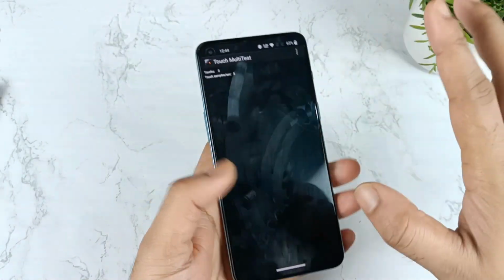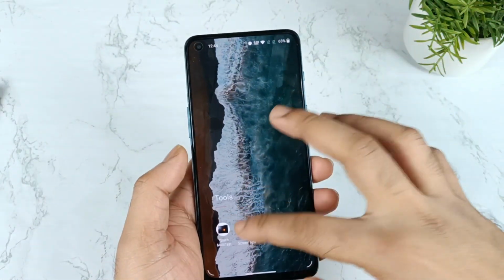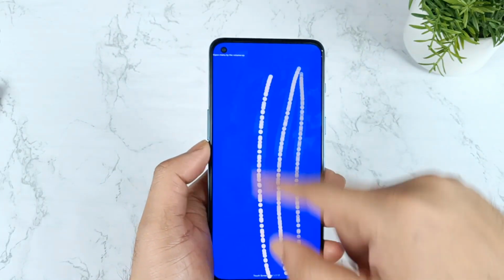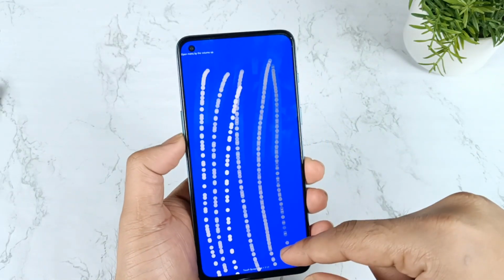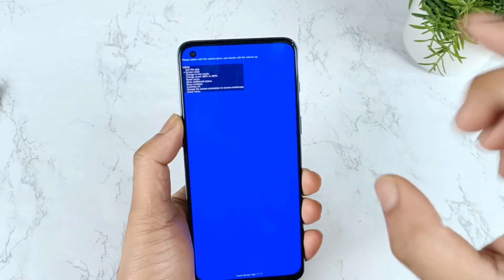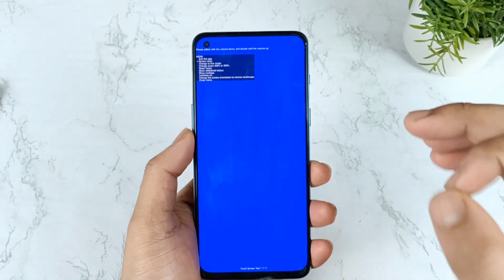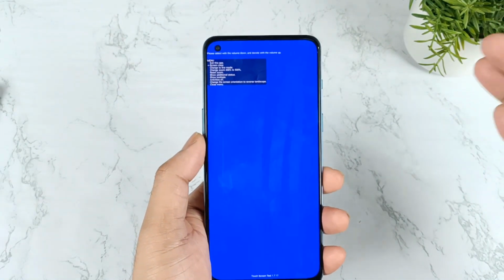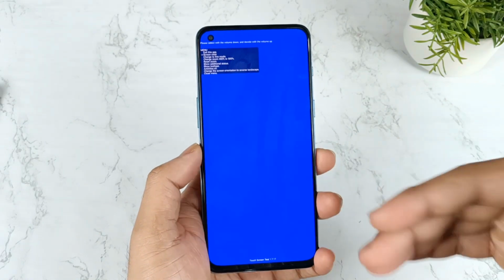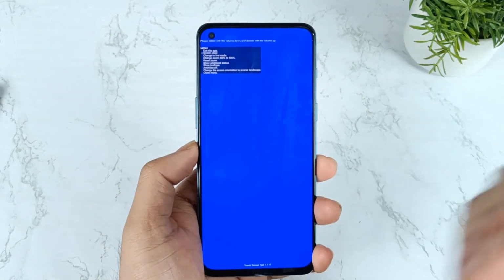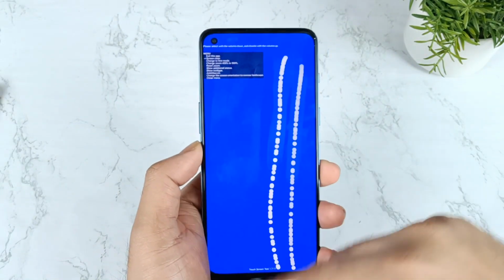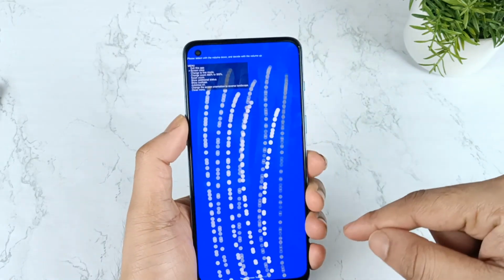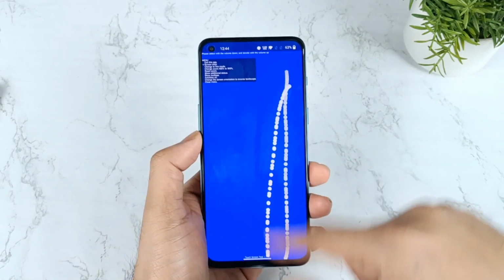So overall friends, the touch sampling rate did not change in this device. It was very similar to before as well. So definitely you will experience a lower touch sampling rate when compared with other smartphones in this price range. At this price, for 30,000 rupees, we would be expecting 300 Hz, 360 Hz, 480 Hz and 600 Hz, or 576 Hz touch sampling rate. A lot of other companies are improving, but still the OnePlus Nord 2 did a lot of cost cutting in terms of the display segment. As you can see, even the touch sampling rate.